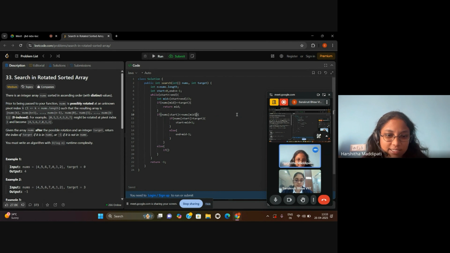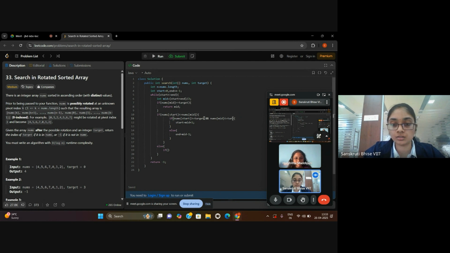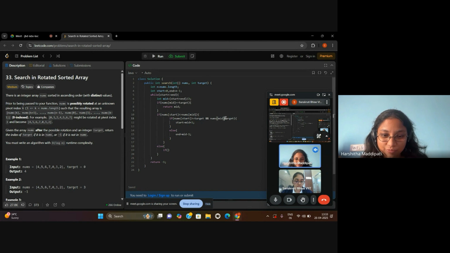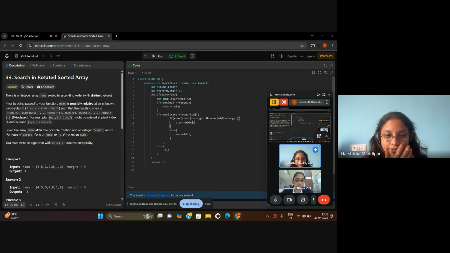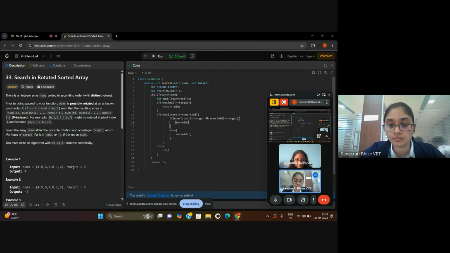Okay. So this is the part you have, and this is the sorted part anyway, right? Try to check whether the target is in this range or not. What is the condition? If it should be in the range, nums of start should be less than target, and target less than nums of mid. So it would be the end, right? It is the window we write. Else my start will be equal to mid plus 1. This was the window size.